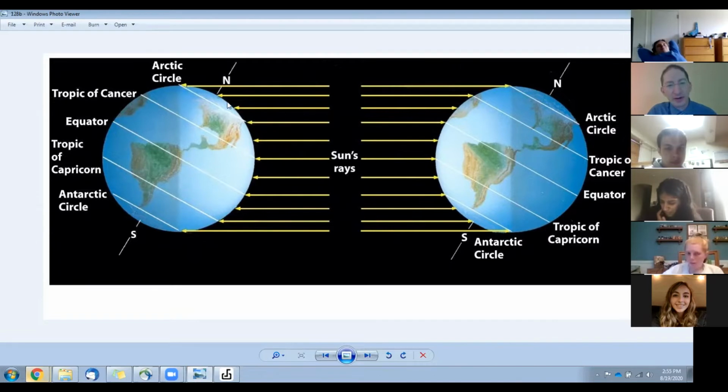There's the equator, Arctic, Antarctic circles, but this also throws in the Tropic of Cancer and Tropic of Capricorn. And these are 23.5 degrees away from the equator. The only thing that makes them special is on the first day of summer, at the Tropic of Cancer, right here, the sun is directly overhead at midday, like directly, 90 degrees up. That's that one special place on the planet where it does pass directly overhead.